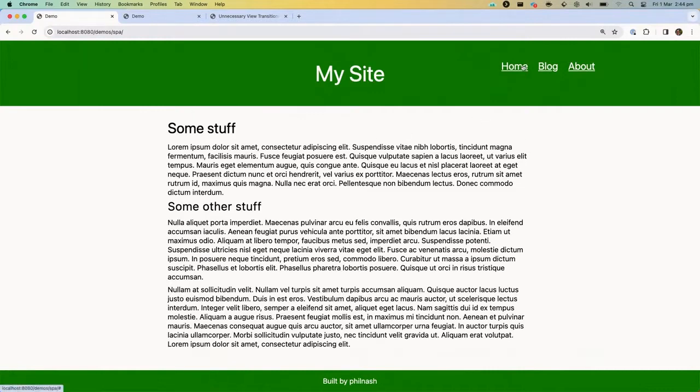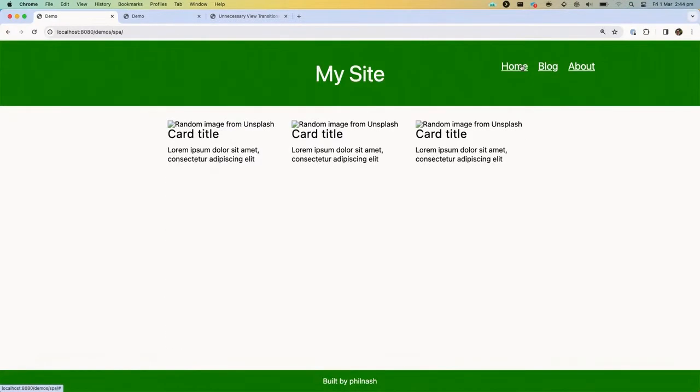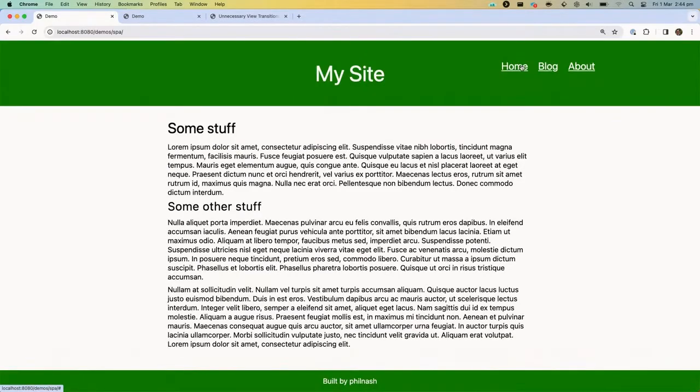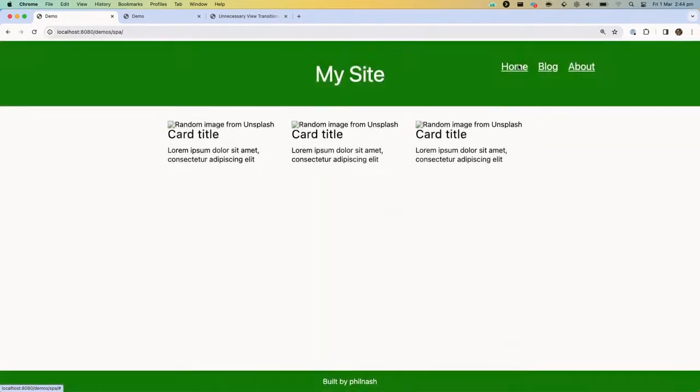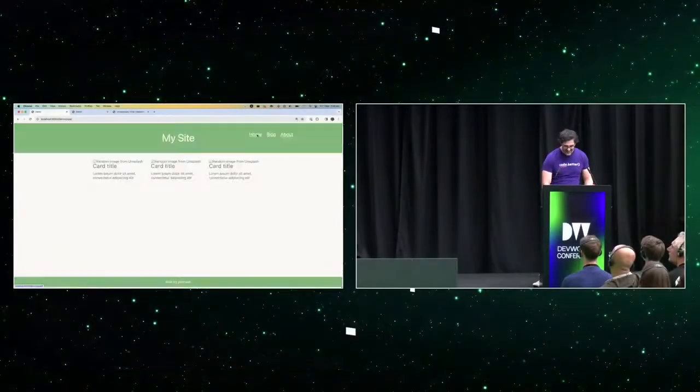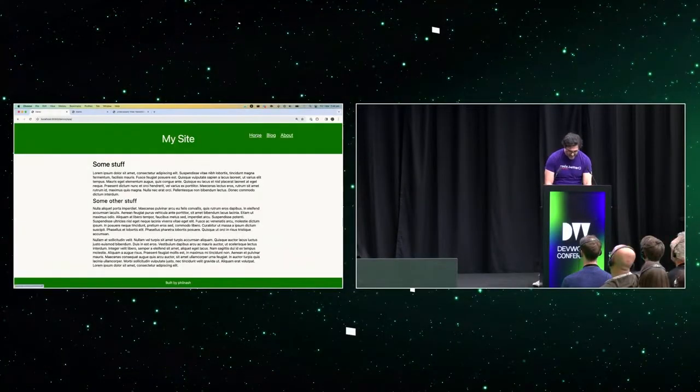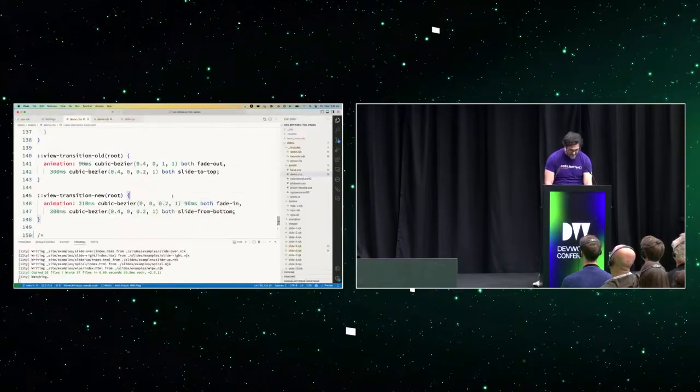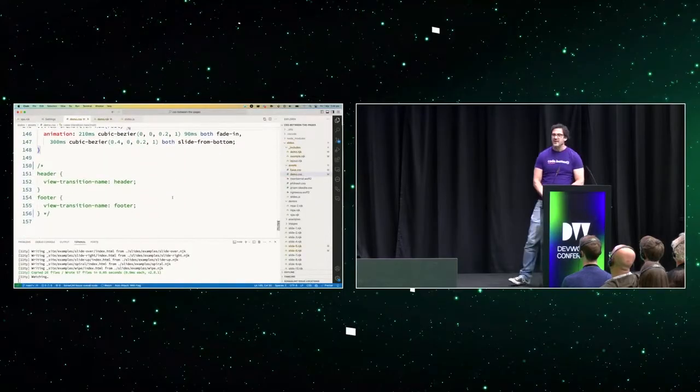And what you're going to see is that I've broken it, because the whole page now flashes. The header, the footer are doing this. It's not what we want to see. So we have this power, and now we've abused it and made things worse. Sorry about that. So if I go back to the CSS, it turns out that we can actually create other